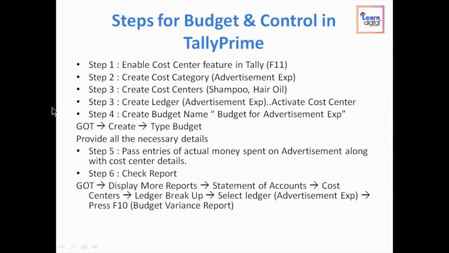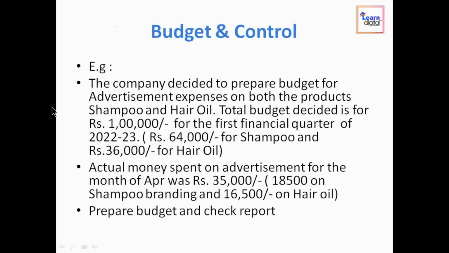After creating the budget, we have to pass the actual amount spent on that particular budget expense, and then we can go for the reports. So go through the session, and try to solve the given example in your own TallyPrime